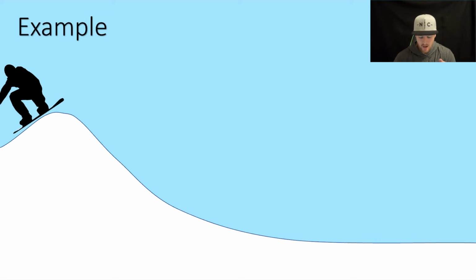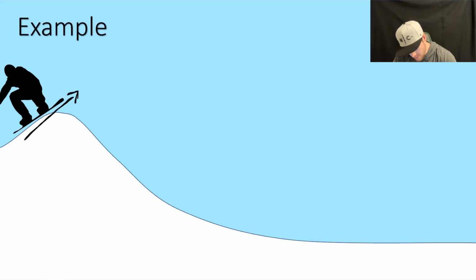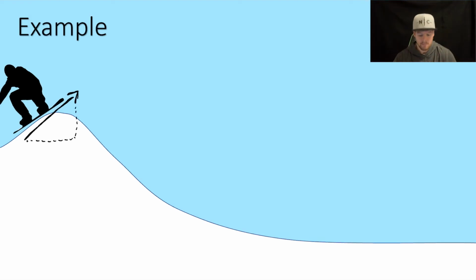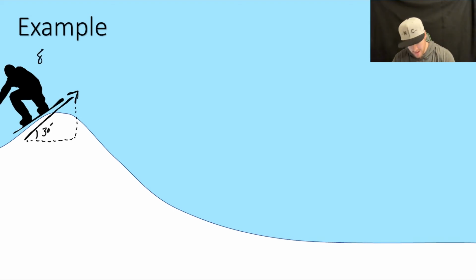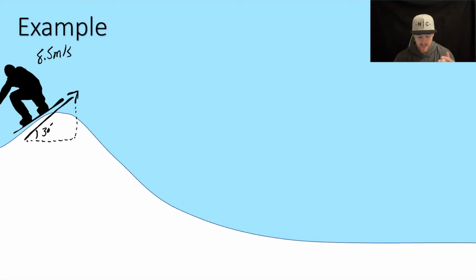Okay, so this is a bit of a complex question. How we're going to start is breaking that angled vector into its components. So I'm going to draw this angled arrow here showing the direction that the snowboarder launches, and I'm going to draw the x or horizontal and y vertical components. It did tell me that the angle was 30 degrees and that the snowboarder was traveling at 8.5 meters per second. So now I'm just going to use sine to solve for this vertical side. Sine 30 times 8.5 meters per second, and I get